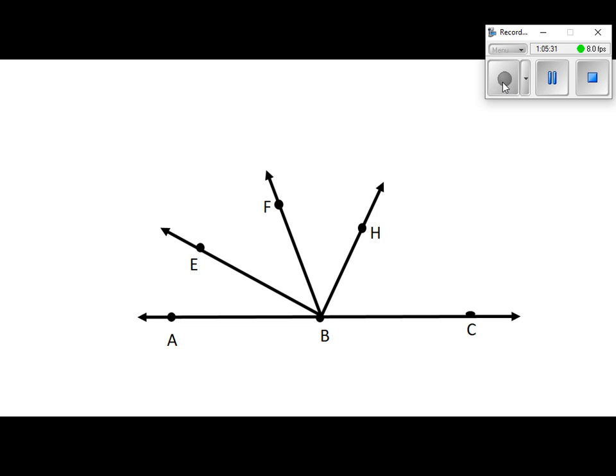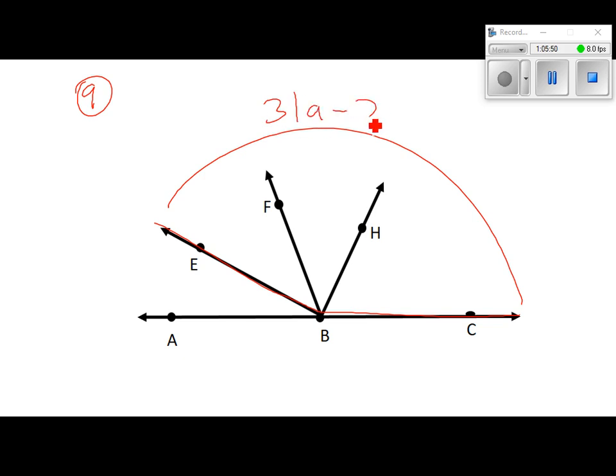Number 9, they tell us the measure of angle EBC. EBC, that's this whole angle, from here all the way around to there, is 31A minus 2. And they tell us the measure of angle EBH is this angle,